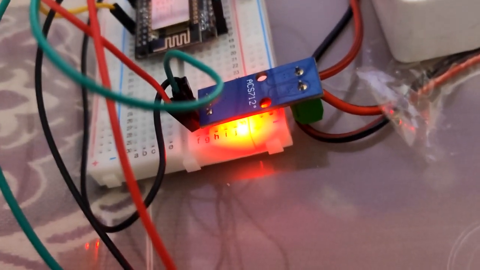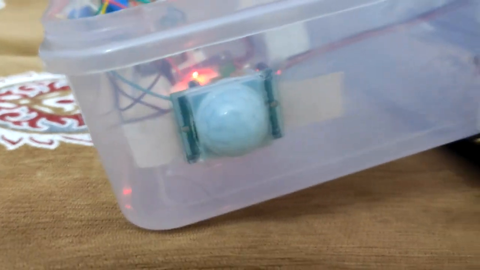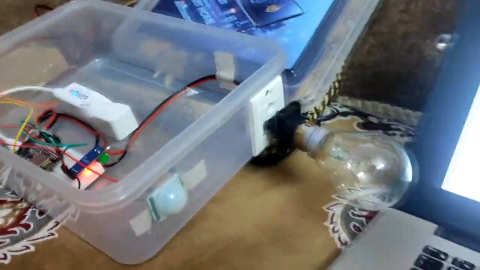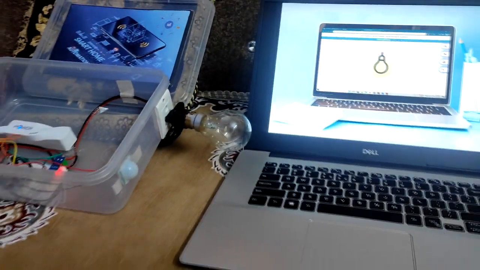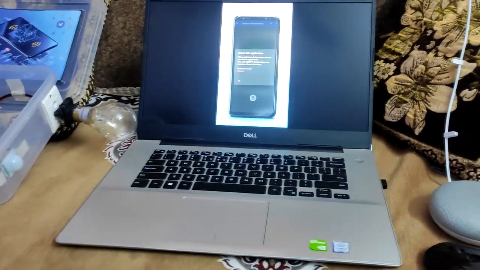Second, relay module, which functions as a switch and is signaled by NodeMCU. Third, current sensor, which measures the current and sends data to the NodeMCU. Fourth, PIR motion sensor, which is used for smart light mode. It senses the living object around it and sends a signal to the NodeMCU to control the appliances accordingly.